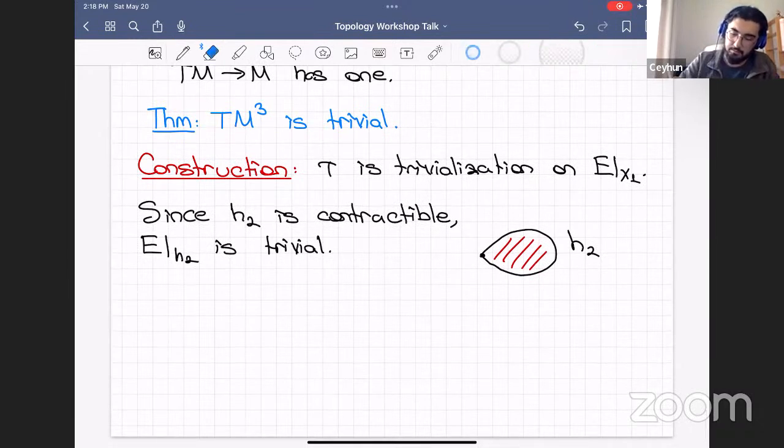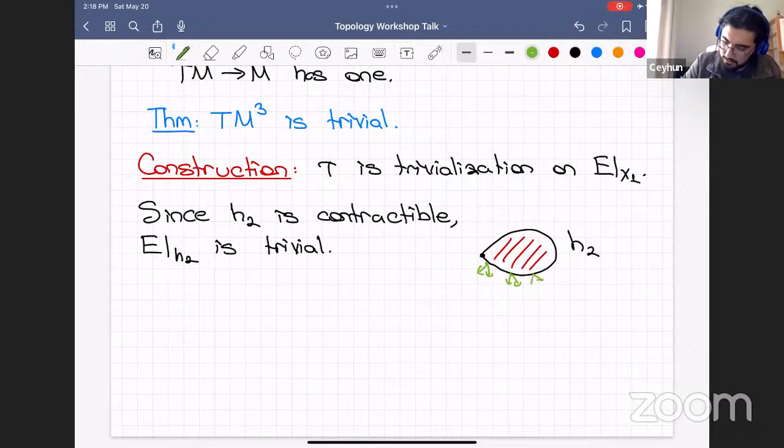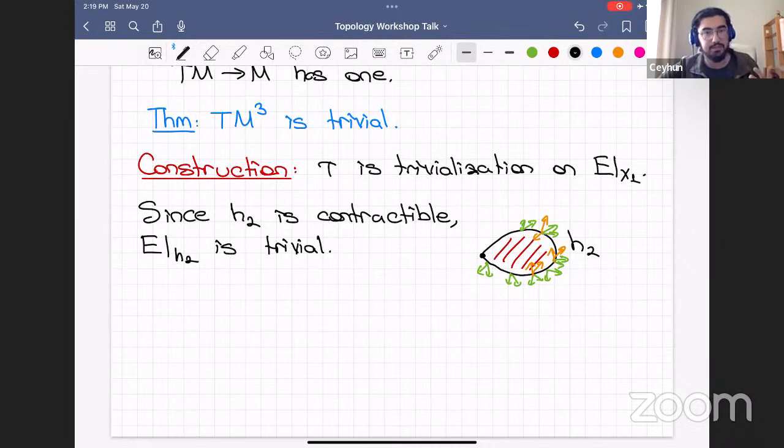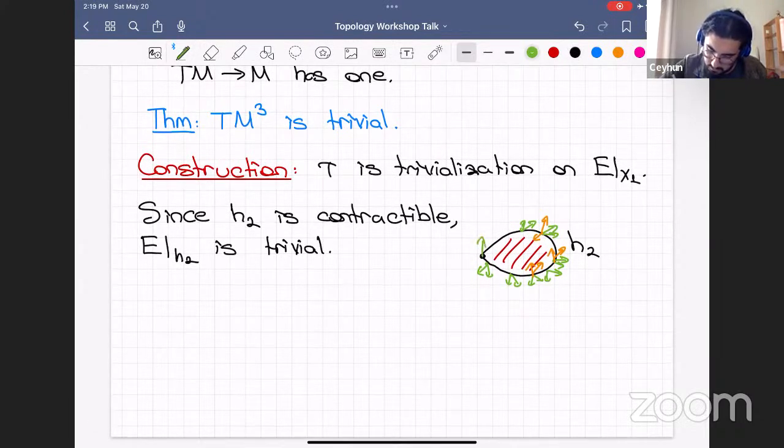So you're getting a trivial bundle. So basically, we are going to get a trivialization from the fact that the restriction of E to H2 is trivial. And we also have a trivialization from tau. So at every point, we have the orange, which comes from tau, and the green, which comes from the trivialization itself. First of all, we can consider them to be equal here. We can change tau so that the green and the orange